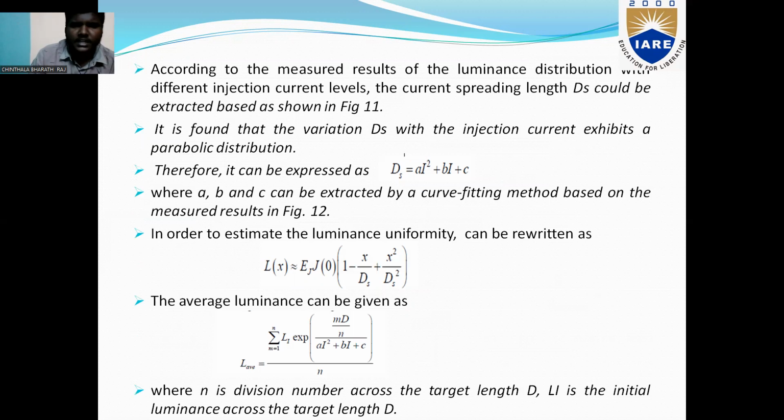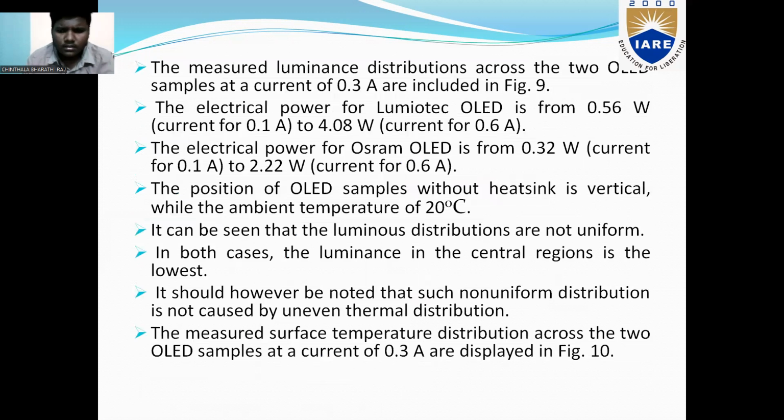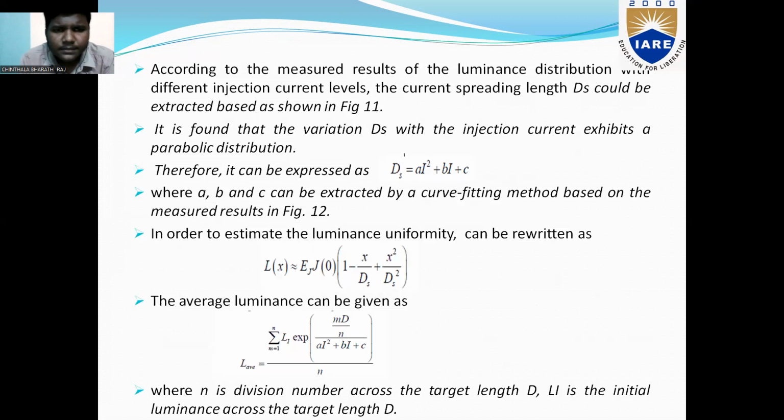According to the measured results of the luminance distribution at different injection current levels, the current spreading length ds could be extracted based on a figure level. It is found that the variation of ds with the injection current follows a probability distribution. Therefore, it can be expressed as a function of ds, where a, b, c can be extracted by a curve fitting method based on the measured results in figure 12. In order to estimate the luminance uniformity, it can be rewritten as Lx of